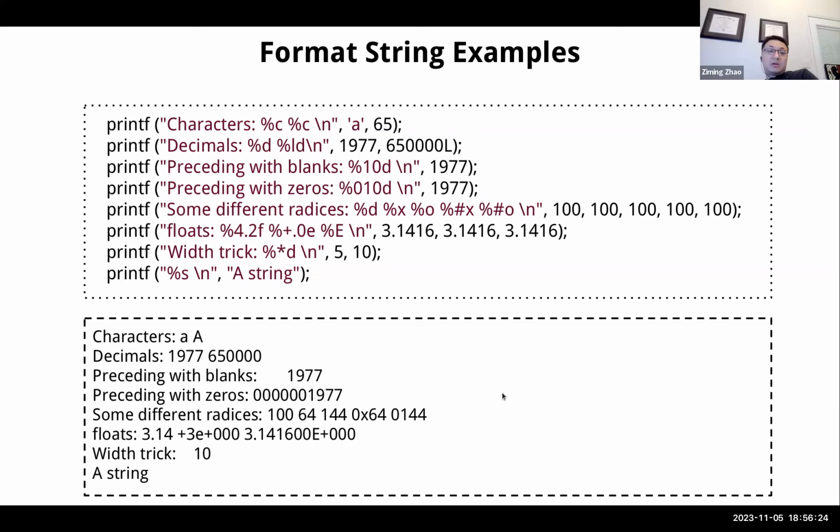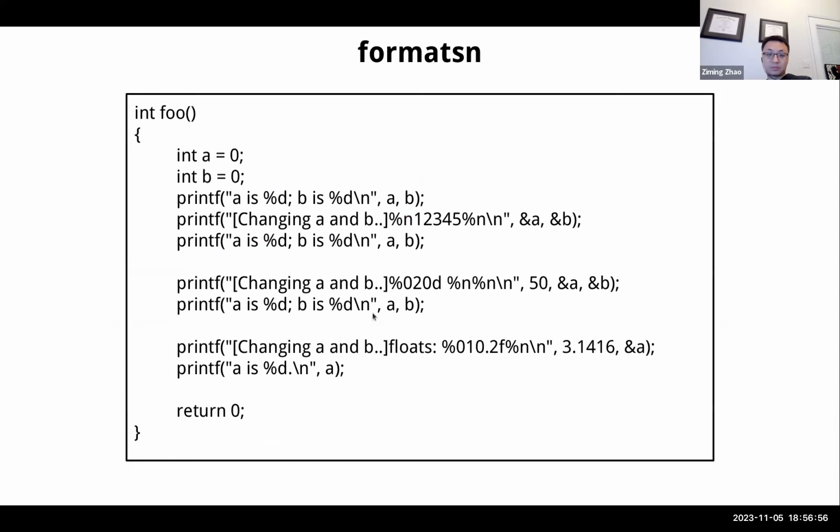Okay. So the first one is printf with "%c %c" and a new line. You can see that the whole thing is a string, and that string is a format string. In this format string, we have two format specifiers. They are both %c. And %c, if we go back to